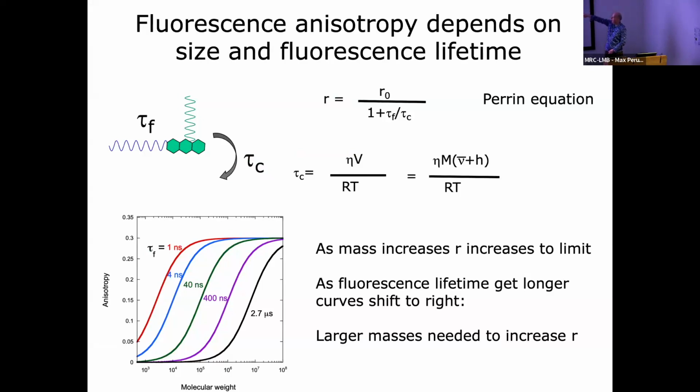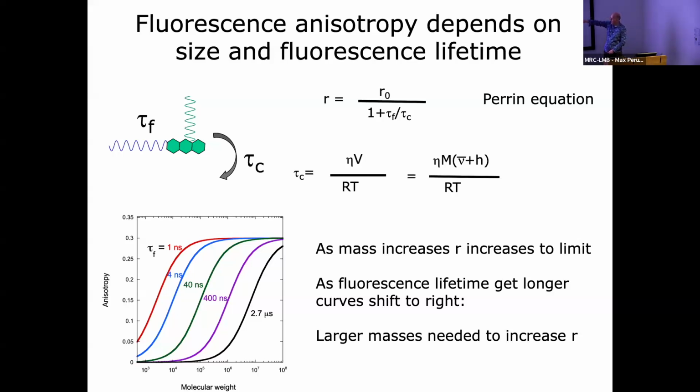And this tumbling, say of a protein, will depend upon the viscosity and the volume of the protein, the gas constant, and the temperature in Kelvin. And this volume depends upon the mass of the protein, and then the particle specific volume and hydration level. So down at the bottom, we can see that different